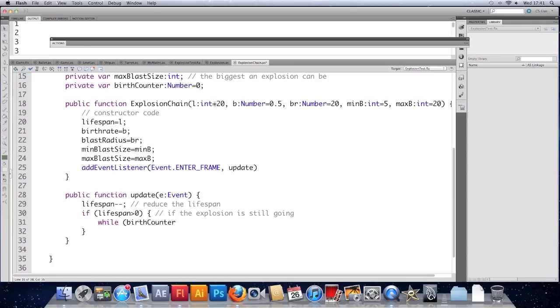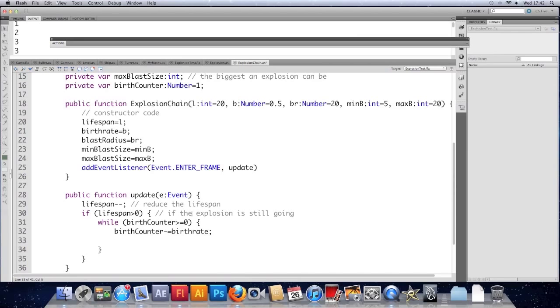Oh, sorry, that should be 1. So while birth counter is greater than or equal to 0, should we say, we'll take the birth rate off it. So we'll do birth counter minus equals birth rate,